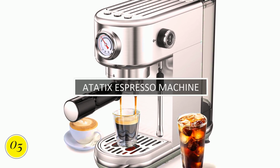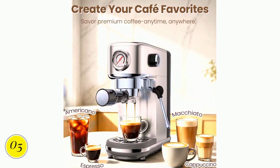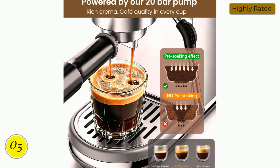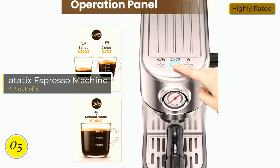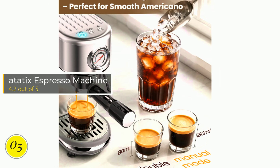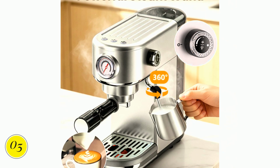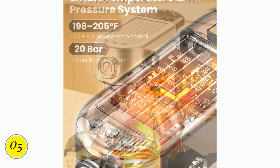The Additix Espresso Machine is up next, priced at just $111.09, and it's an incredible bargain. If you're looking for an affordable way to brew quality espresso at home, this is worth a serious look. It features a professional 20-bar pressure system, ensuring that you get the optimal extraction for rich flavors and that golden crema. The machine also has a precision temperature control system to help you brew at the ideal temperature for your